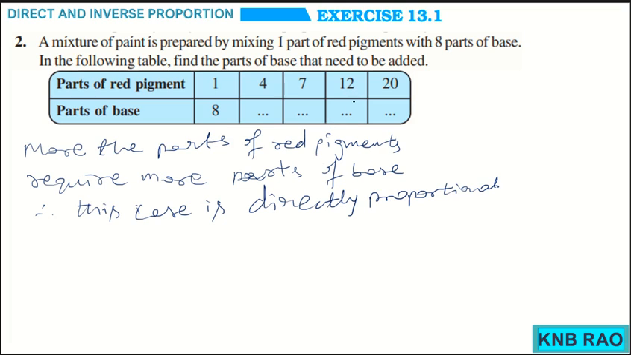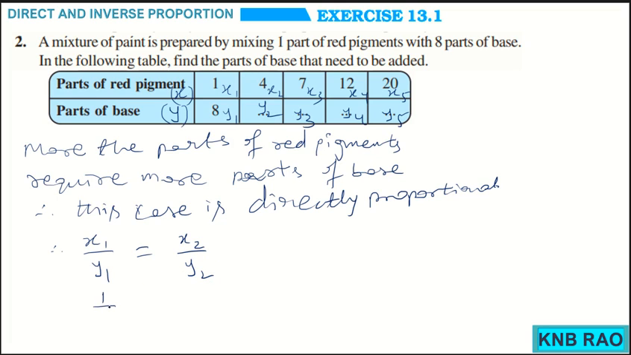So when this is the case of directly proportional, we know that considering this as the x variable and parts of base as the y variable, we have x1 by y1 given, and for x2 we can find y2, for x3 we can find y3, for x4 we can find y4, for x5 we can find y5, and anything we can find. One way, here we have got x1 by y1 is equal to x2 by y2,